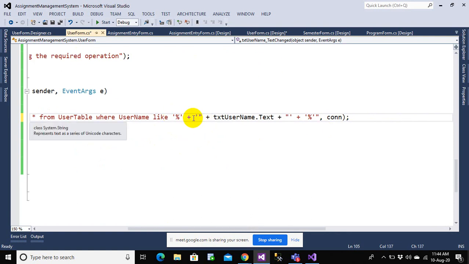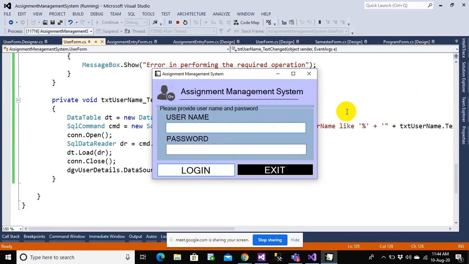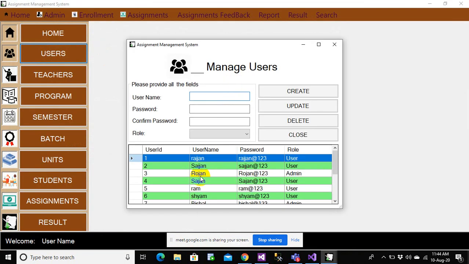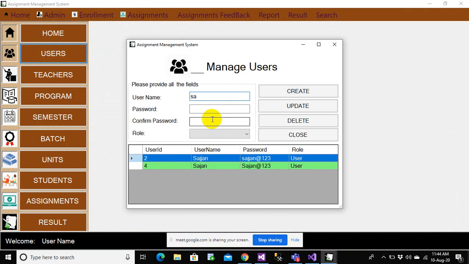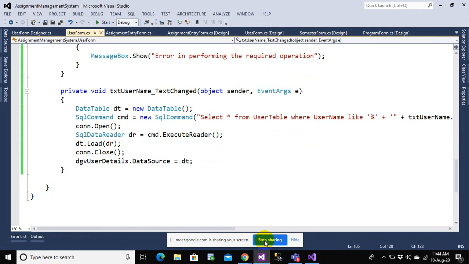I am doing something like a wildcard. So percentage in the front, percentage in the back, and whatever letter is specified in between, all the matching values will be searched and populated onto the grid. So let's try this now, everyone. Login, users, let me select one, and this really worked. This way you can make sure that a duplicate user does not exist in your system. So this way you can make a search operation.